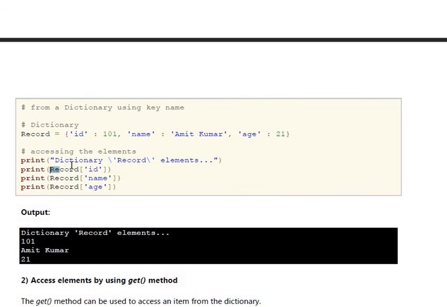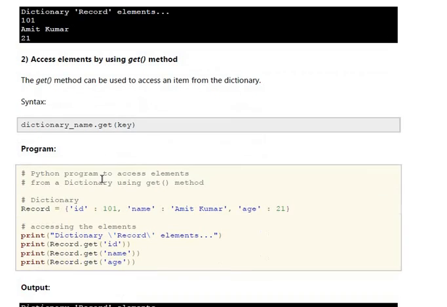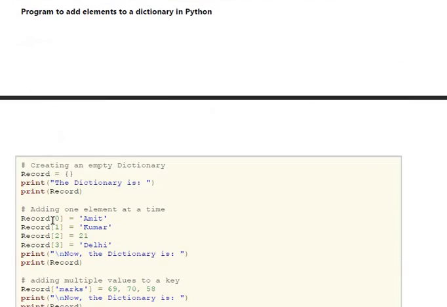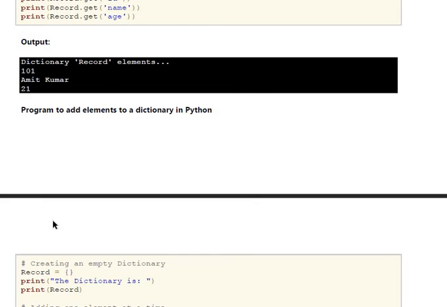If we want to access it, we can give the dictionary name, into the square brackets, and into the single quotes I am giving the ID value. Next, how to access the elements by using the get method. The same way we can get it: record.get, and into the brackets we are giving the key values.